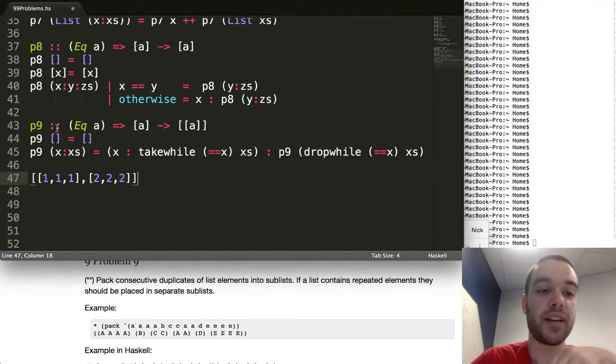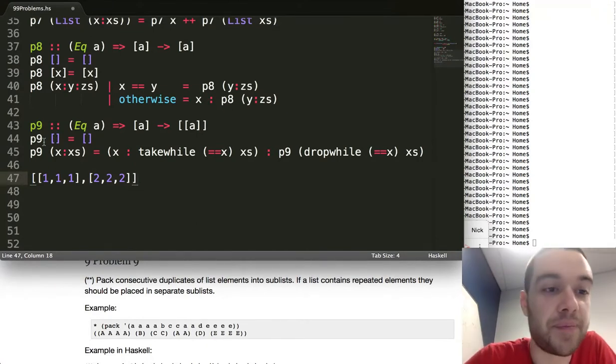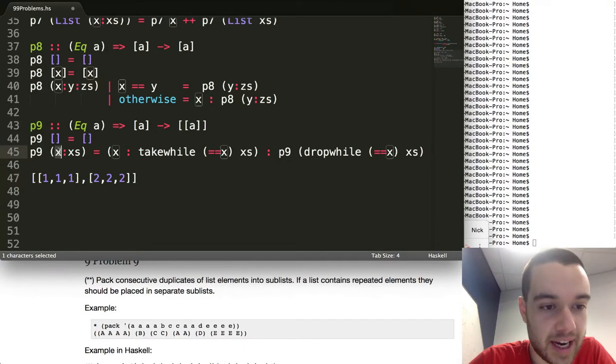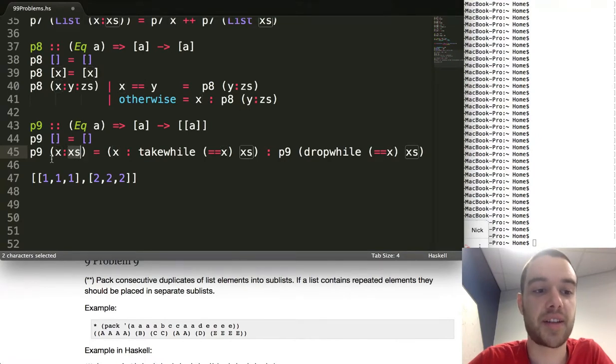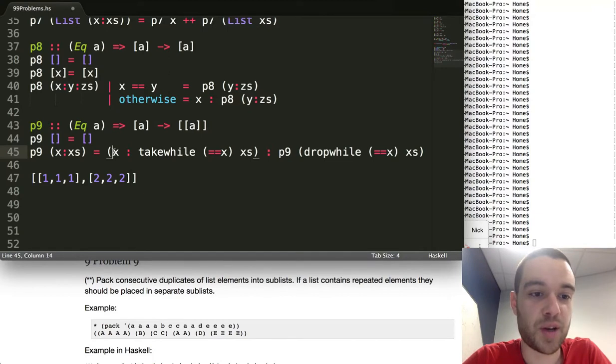So what we're doing here. As with most of these, if it's an empty list, we just return the empty list. Then if it's not an empty list, we take the first element. So we split the list into the first element and the rest of the list. That's what this pattern matching is. Then we return that first element and then concatenated with